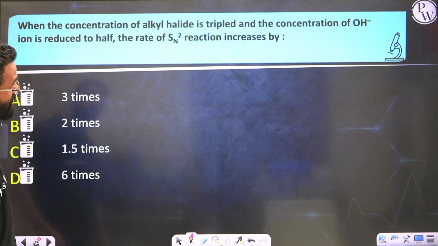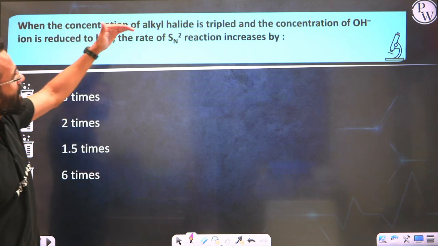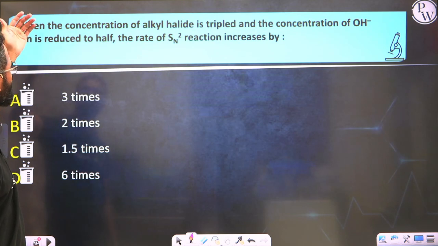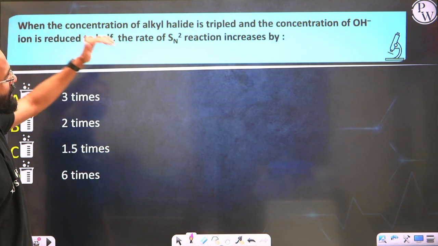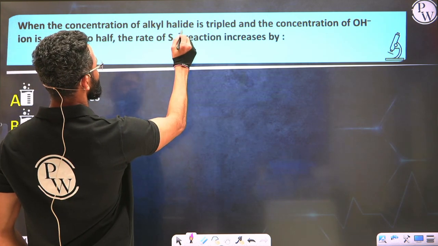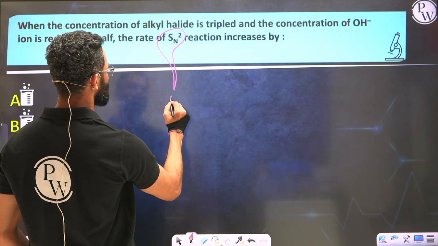Next question everyone. Well, very interesting. When the concentration of alkyl halide is tripled and the concentration of OH minus is reduced to half, the rate of SN2 reaction increases by. Well, if you see here, the question they are talking about is about SN2. For SN2, rate is